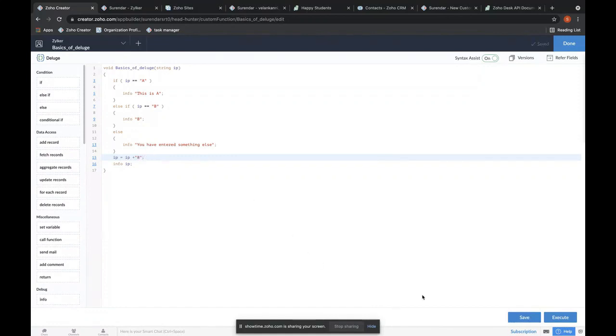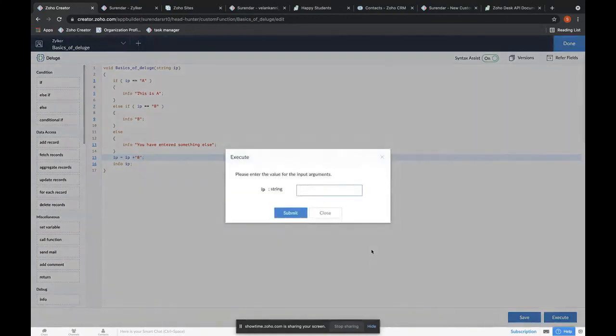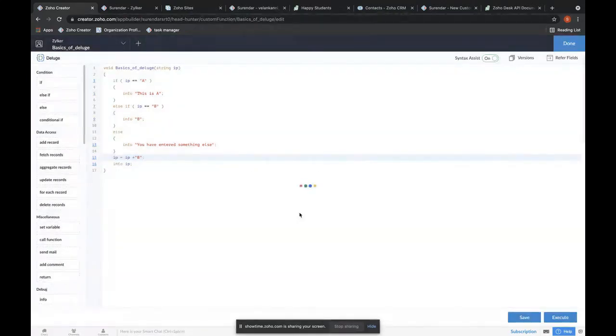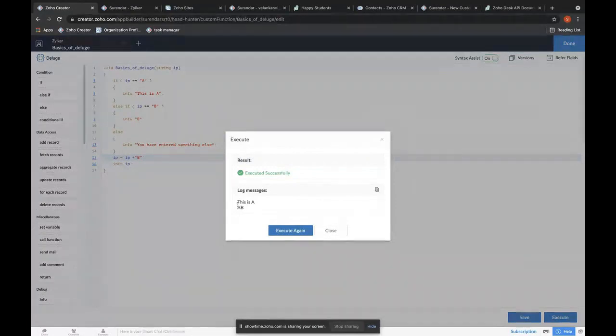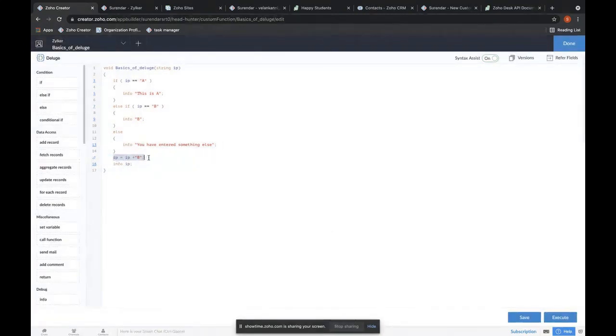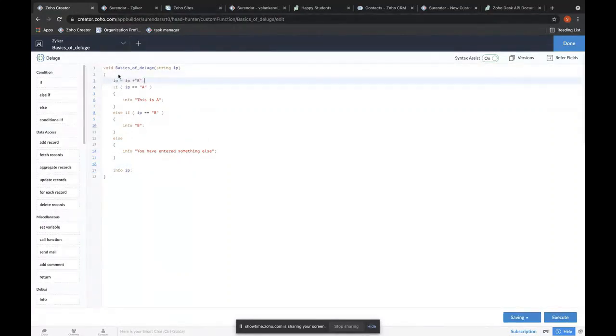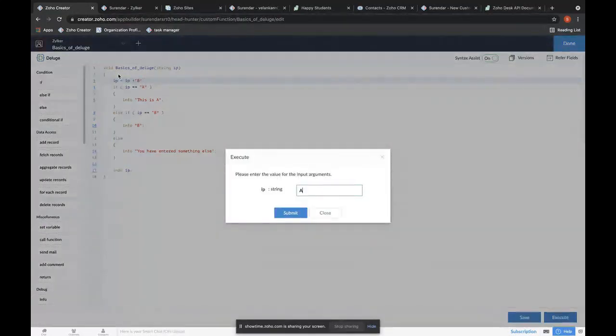Okay. So now what I'm saying is whatever input I'm giving it, at the end I'm going to add a string B to it. And if I execute again, if I say A and I submit it, you can see the condition actually takes this as A and executes the if condition, comes to the end and adds the B. If I replace the order here, if I go ahead and say now it's A,